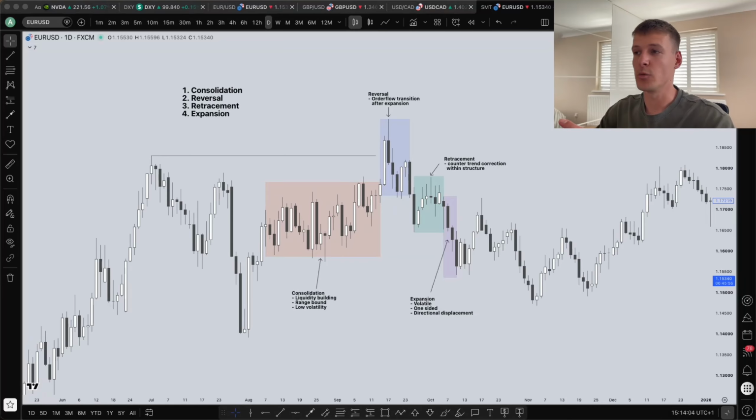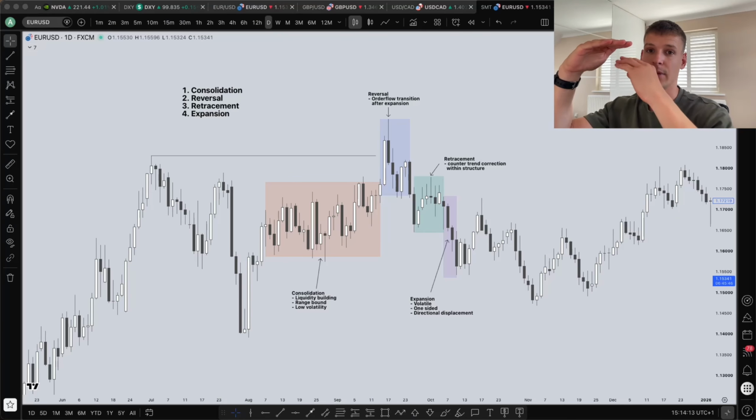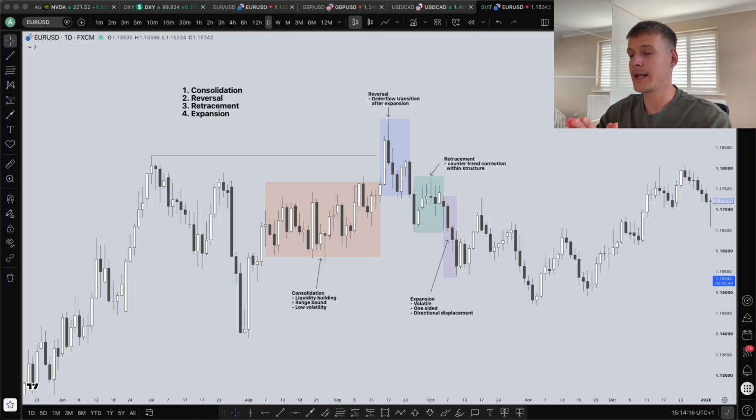So the first condition we're going to look at is consolidation. Now, consolidation is where essentially price is trading within 2 key levels. It's unable to break, it's simply bouncing from top to bottom. With these price action profiles, we like to call this liquidity building, because it's building orders, it's building anticipation, where either side is going to win. You're either going to have a big breakout and price is going to rocket higher, or you're going to have a big breakdown, or you're going to have what's called fake outs and reversals,